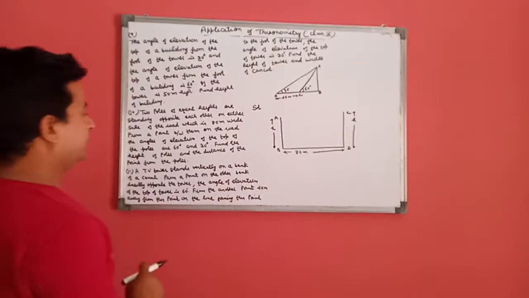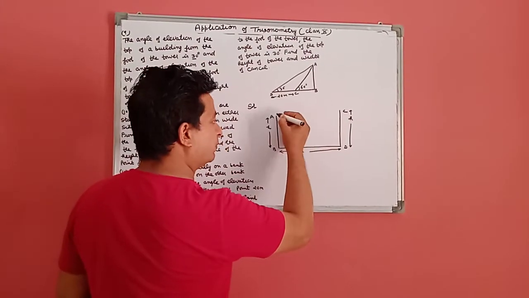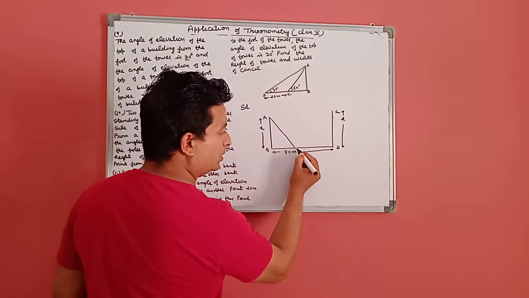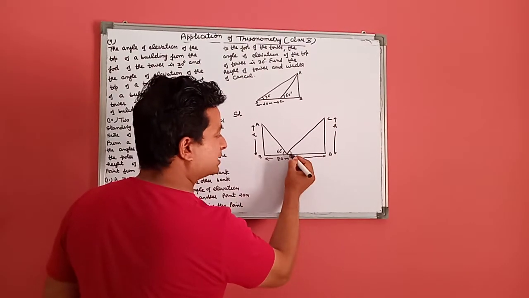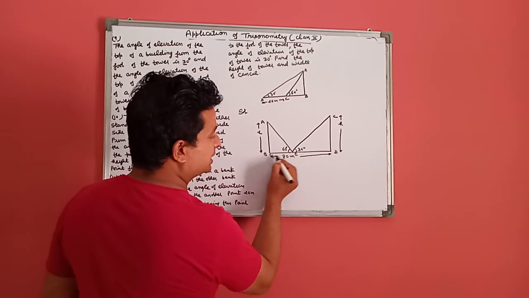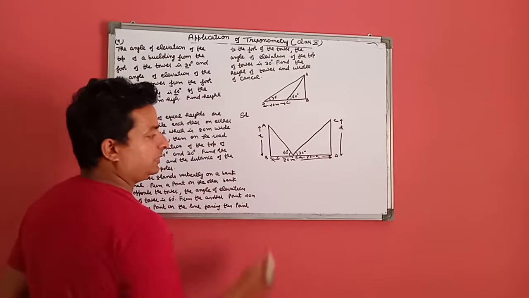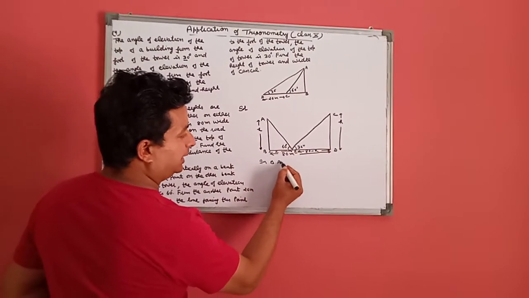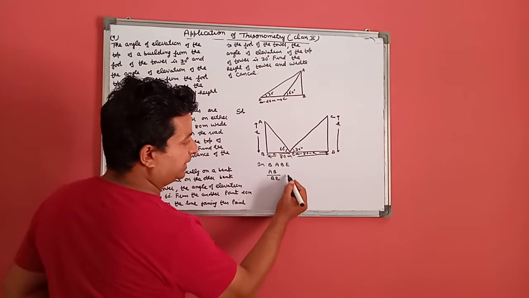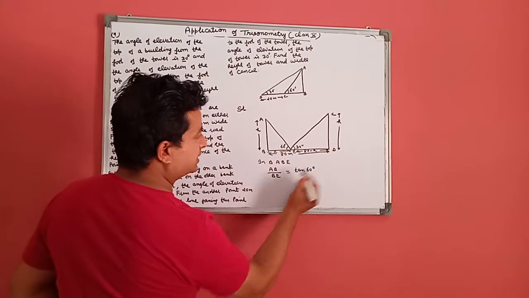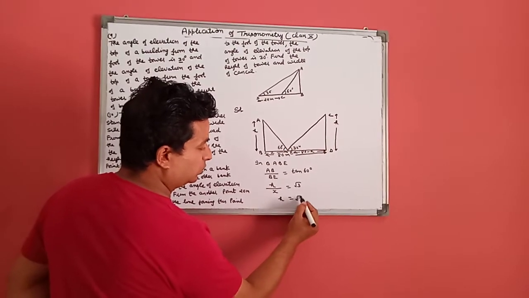And from a point between them, the angle of elevation of the top of pole. This means this is point. We take point here because this angle is 60 degree greater as compared to this angle is 30 degree. If we take this distance is equal to x, then this is 80 minus x. First of all, in triangle ABE, in which AB is perpendicular, BE is base. Perpendicular over base is tan 60. H upon x is under root 3, so H is under root 3x.